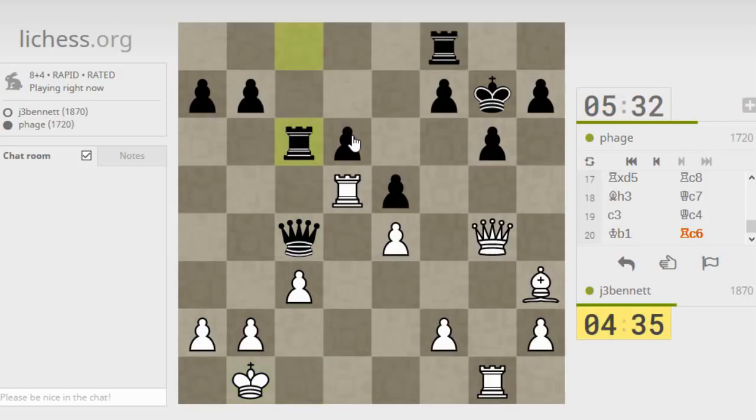Okay, so he got around to defending his e pawn. Let's see, if I play f4, which I want to kind of break up the center here, he can actually grab the e pawn. So let's pause to defend the e pawn first. Or should I send the queen back first? So say if I go bishop here,